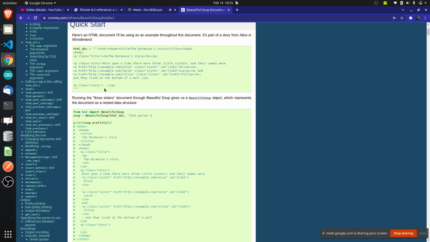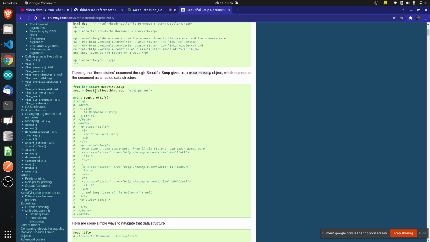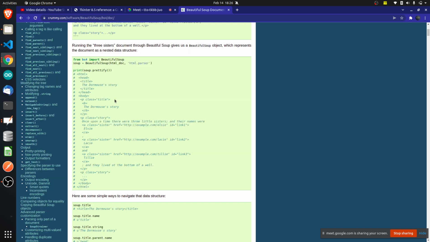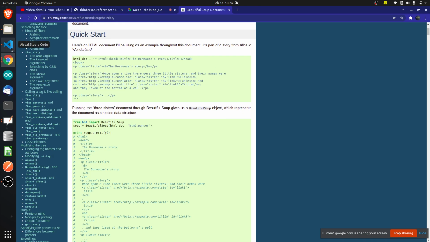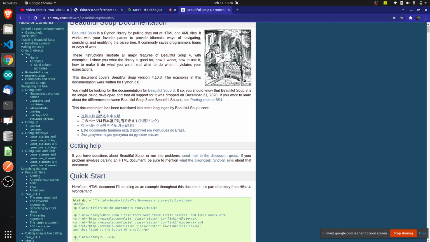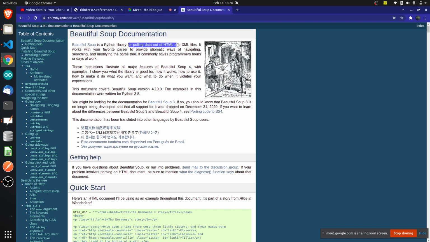Some HTML file is there, which whoever created that website has written, and from that we are grabbing the data. How can we do it? We will have to import it and create a Beautiful Soup object, very simple. Which parser are we going to use? There are different types of parsers to scrape the data, and you can use any of them. Here the HTML parser is the default. Then soup.prettify. This is a module which you can install using pip. It pulls data out of HTML and XML files and works with your favorite parsers, fine.